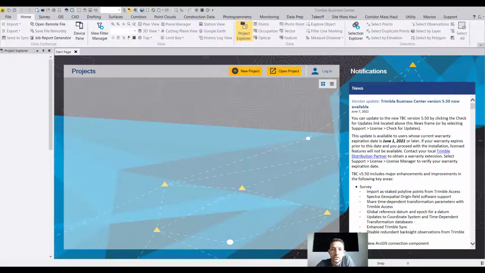Hi guys, so I want to look at some of the new commands in version 5.5, and today it's going to be surface offset. So I'm going to create a new project, and we're going to